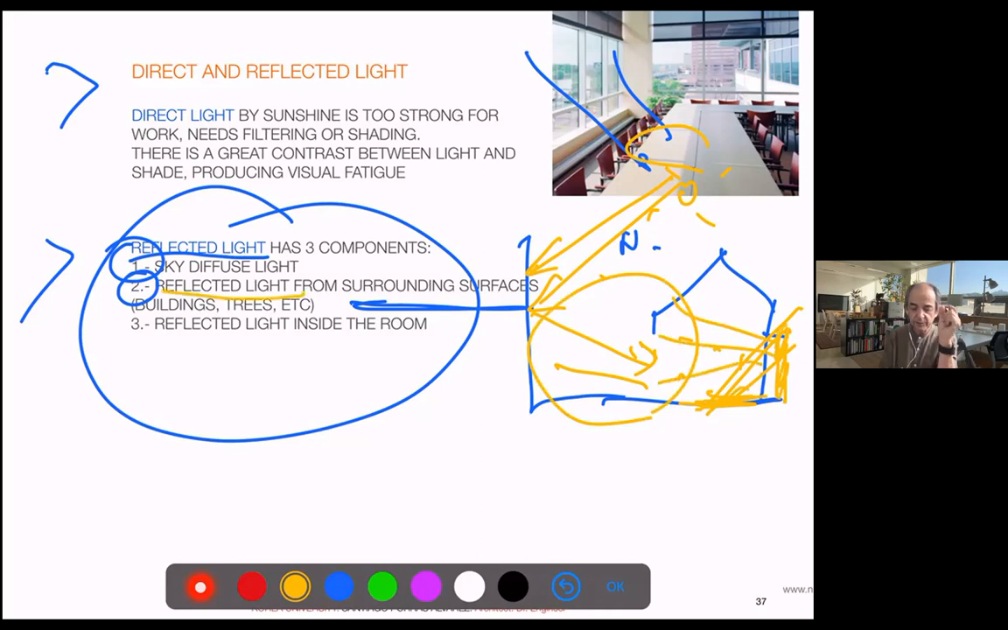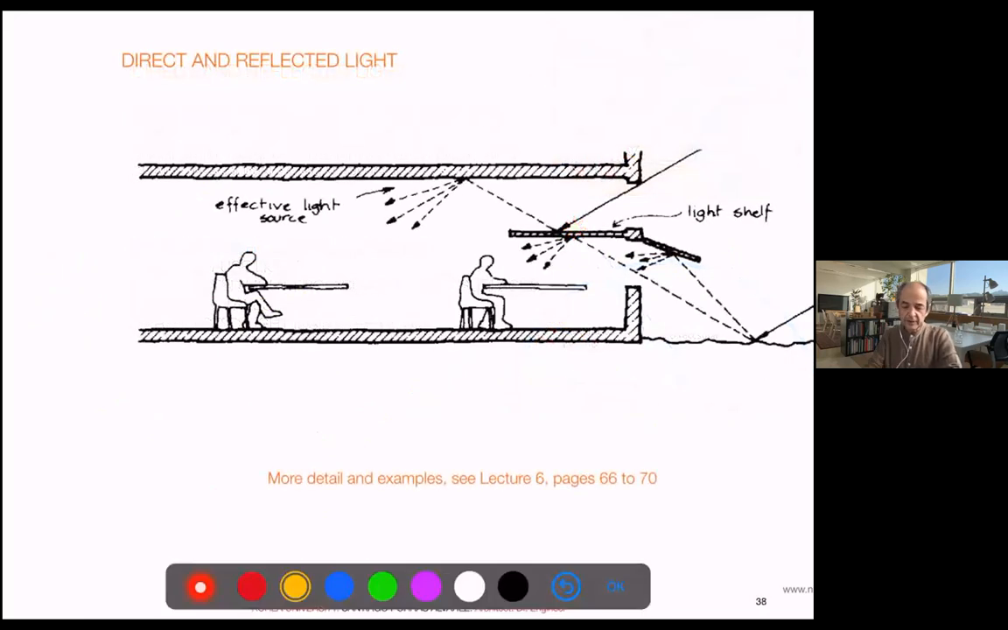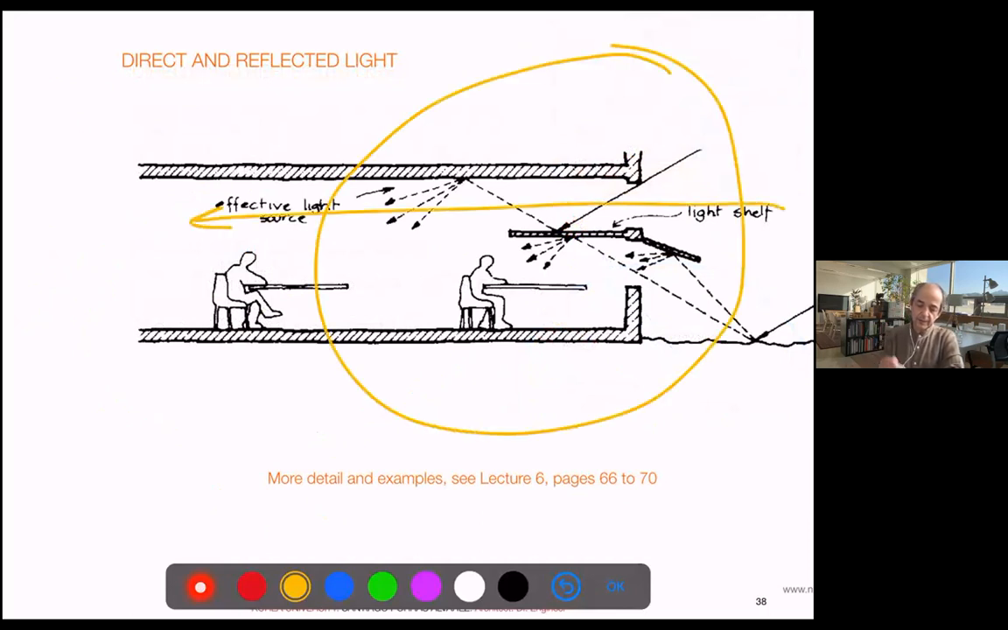So this reflected light is important. And then inside the room, this is where the color of the walls and floors enters into consideration, right? Because that reflection will change. You already studied in other courses one technique to improve the light in the room is to use this reflected light. So you avoid direct light, but that reflection will have a very, very regular intensity through the whole room. Light shelves,